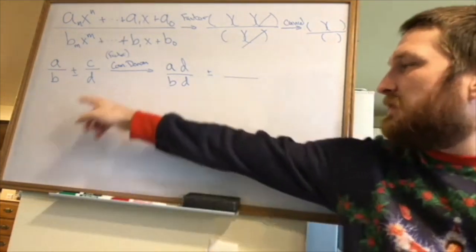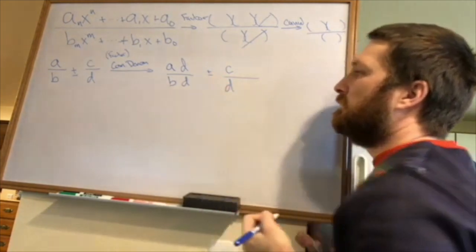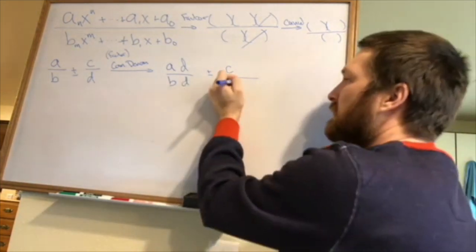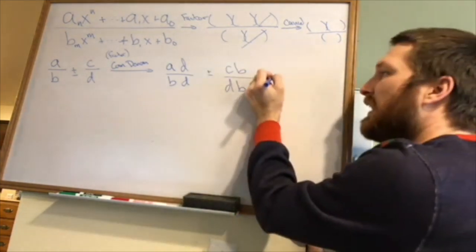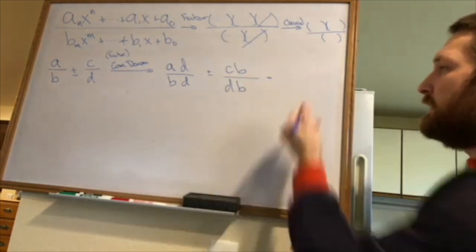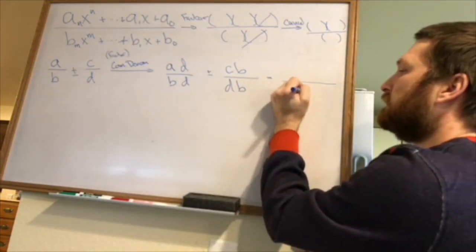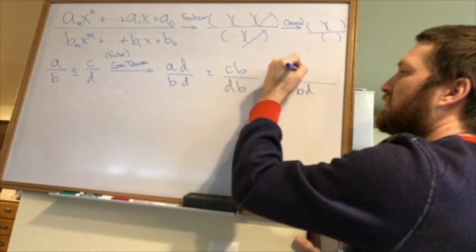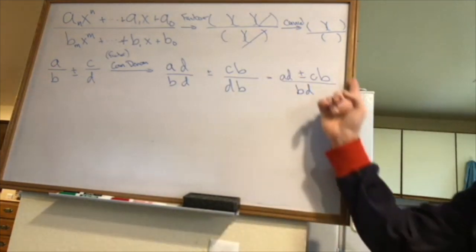What did you tell me I was missing over here? What's missing down here? AB. And so we multiply the top and the bottom by B. Now we have a common denominator, and I'm just going to rewrite that as BD. And then we have AD on the top, plus or minus CB. And now we're back